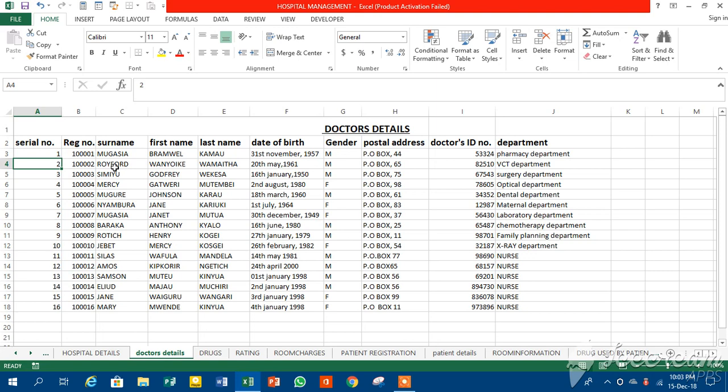Now, in this sheet, we have the registration numbers of the doctors, as well as their names, their date of birth, their gender, their postal address, their ID numbers, as well as the departments in which they specialize. Our third sheet